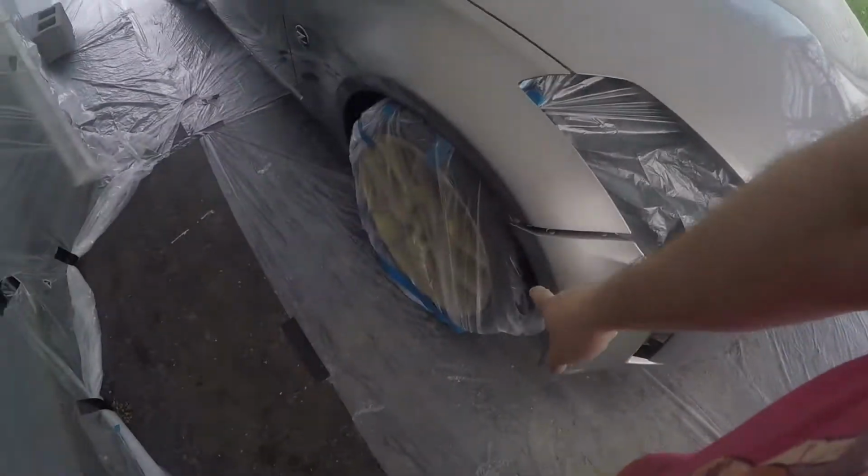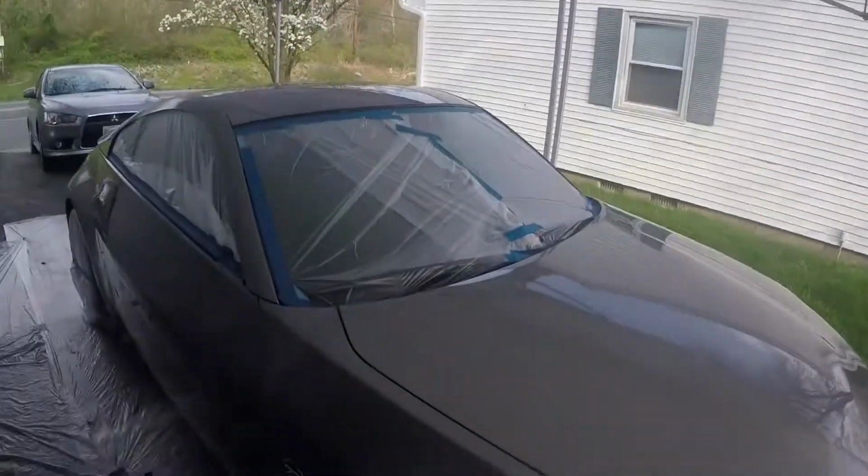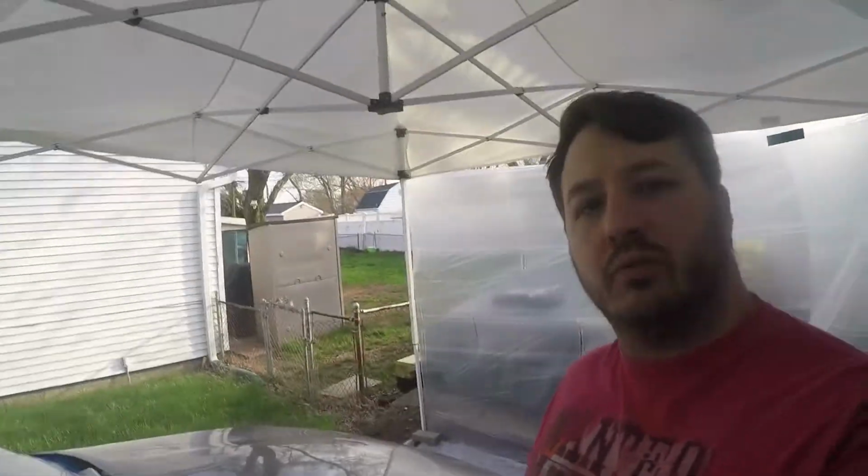I also put plastic on the floor this time, because last time when I did this, spraying the low ends of the car kind of got some of the gray on the driveway, which isn't a big deal. But let me go over a little bit of how I set this all up so far. This is just a preliminary